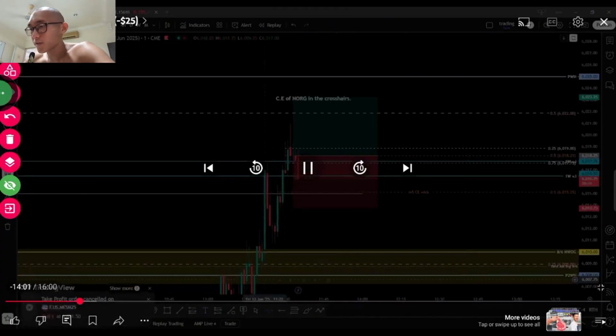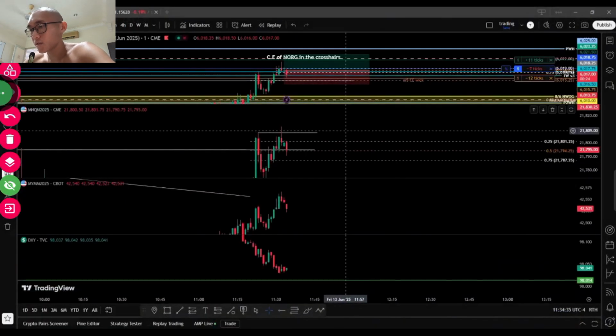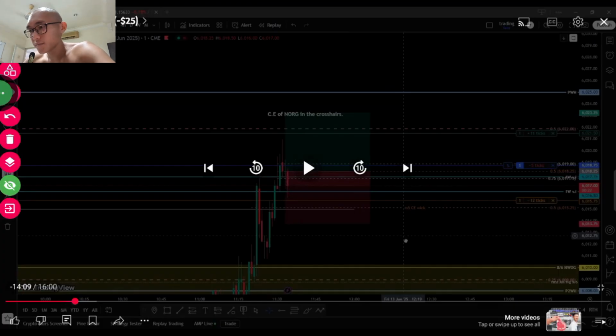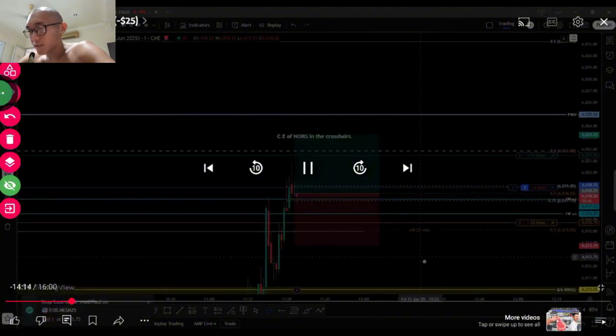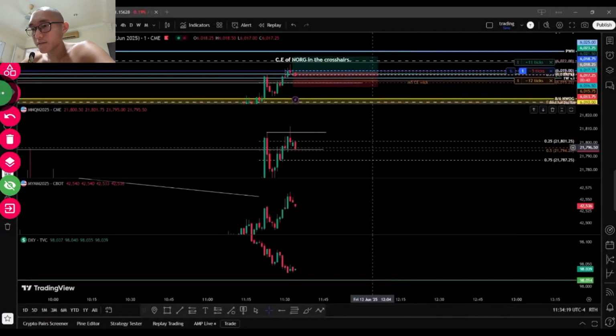Wait, let me go back. I want to show you guys the Nasdaq. Look at that, Nasdaq formed a swing high already, with rejection below that old swing high. Look at that, Nasdaq formed a swing high and rejected below this same swing high,